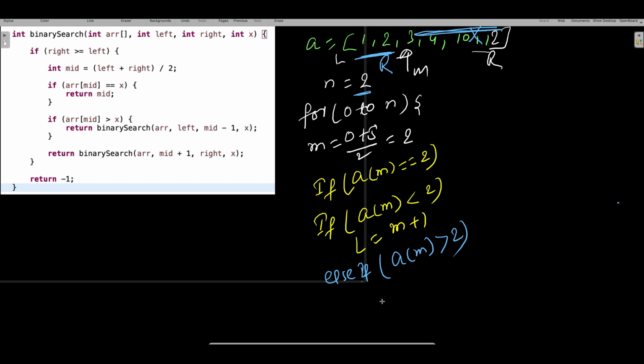So in this case, what happened? Your R became m minus 1, right? Technically, if you look at here, it was m, but you have to bring the R here because you need to find the middle in this. Between left and right, you need to find the middle. So R became middle minus 1, and you will get the output now.